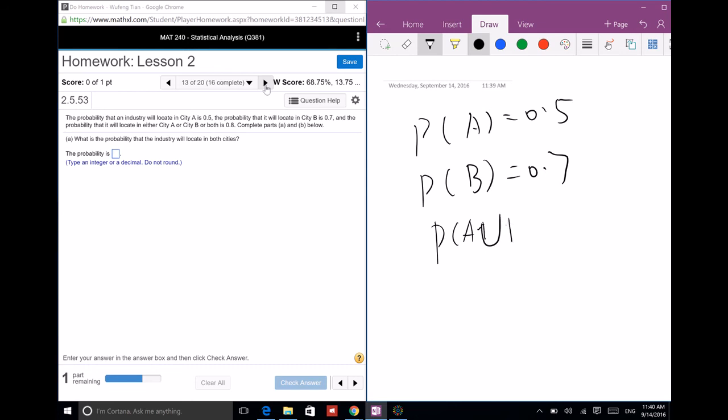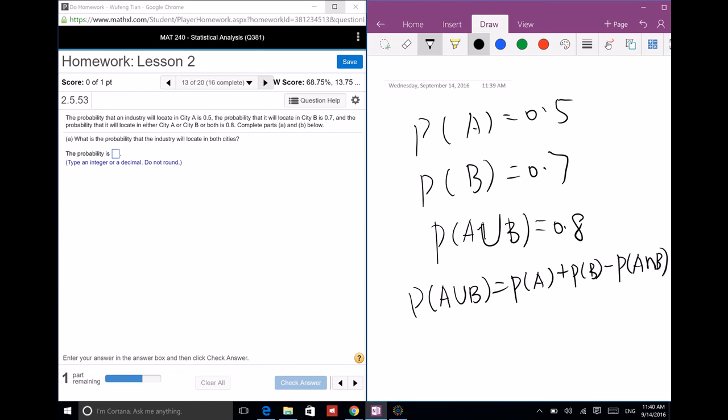So P(A union B) equals 0.8. You will need to use the formula P(A union B) equals P(A) plus P(B) minus P(A intersection B) to find out